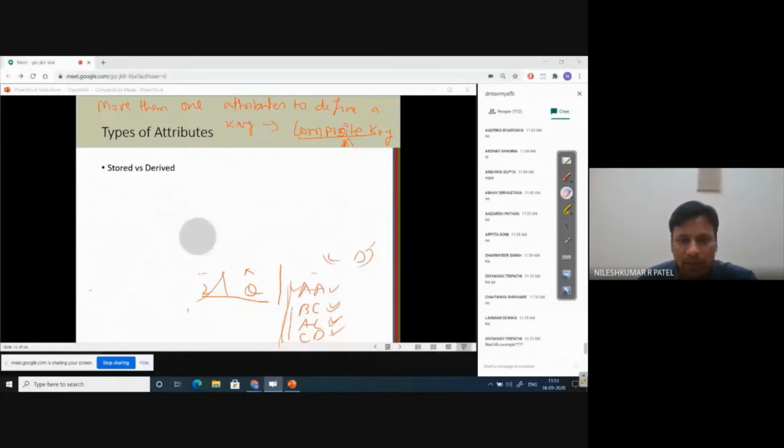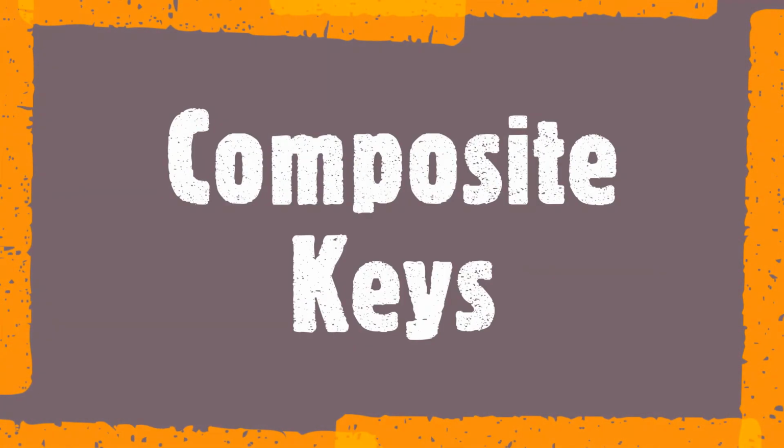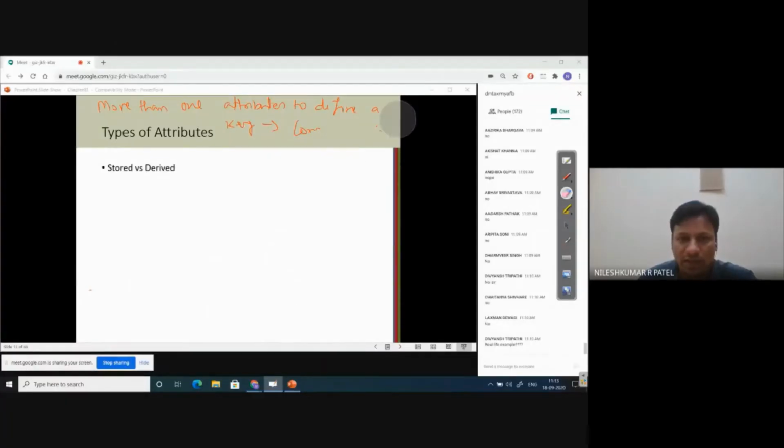In a table, in an entity type, there may be more than one key. As in the example of student, enrollment number is one key and Aadhaar number is another key. So there can be more than one key available in an entity type, like enrollment number and Aadhaar number.